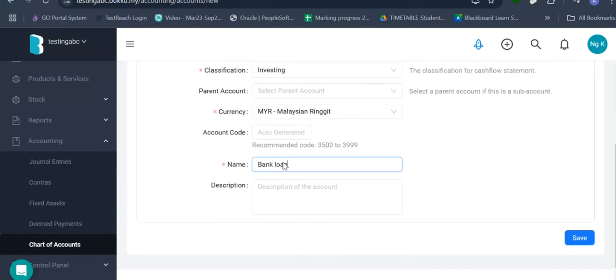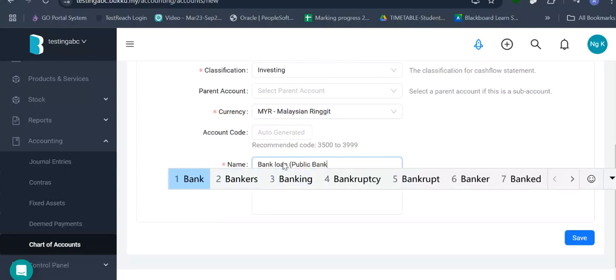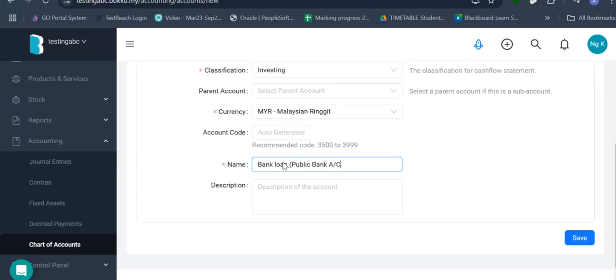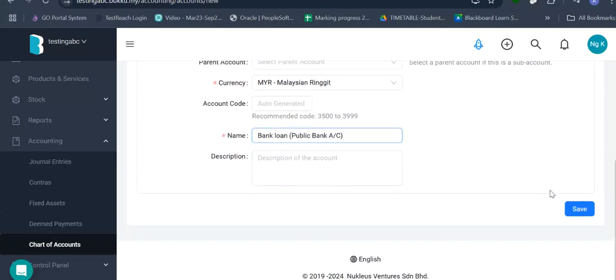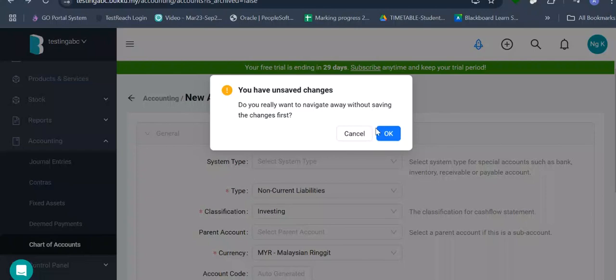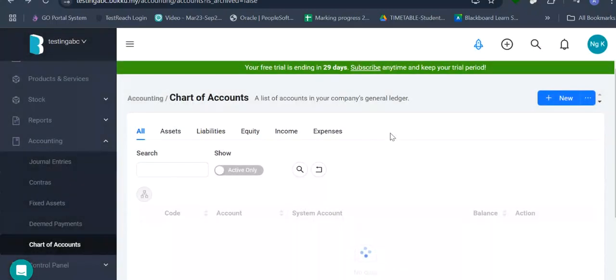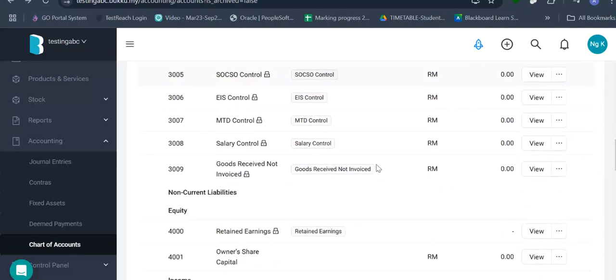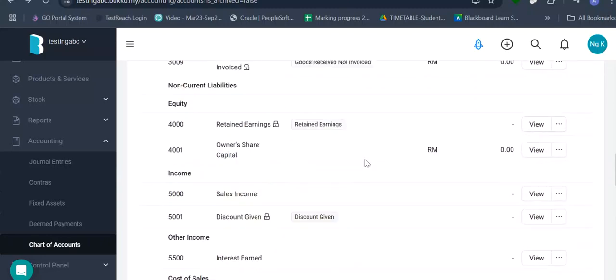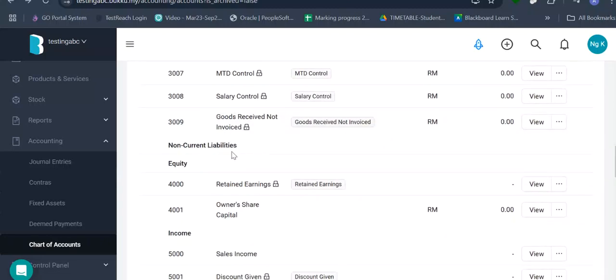I'm going to put the bank loan. What loan? Public Bank, maybe? CIMB? Maybank? You can put the account name also, but I'm not going to save this, because this is for day number 3, to do that description. If I save, then I can have the extra thing here. So maybe they will assign 3005 for us or whatever, 3002, 3001. We'll find out in day 3, the third week. Today is the first week.